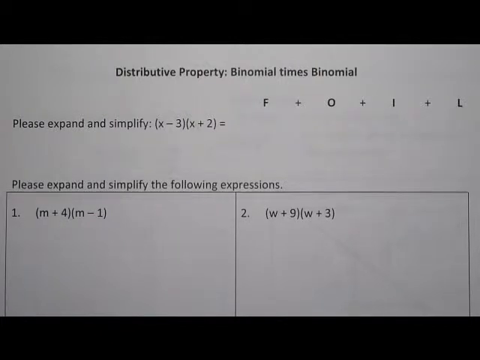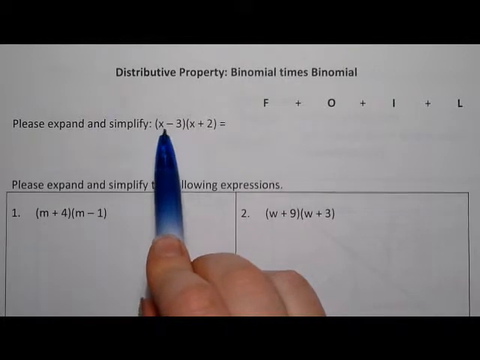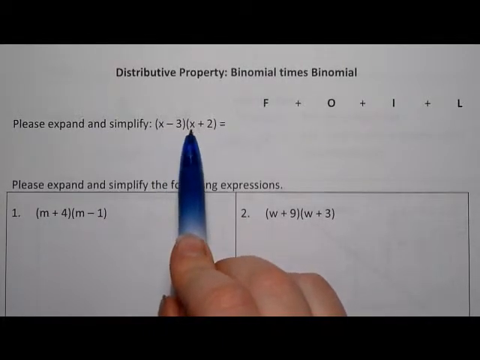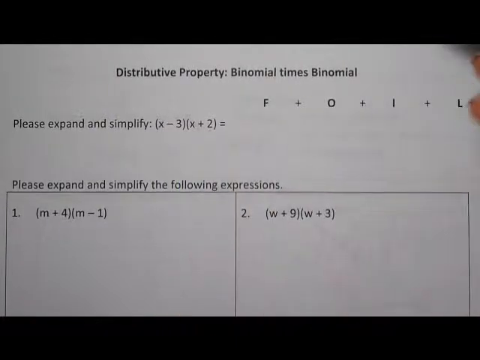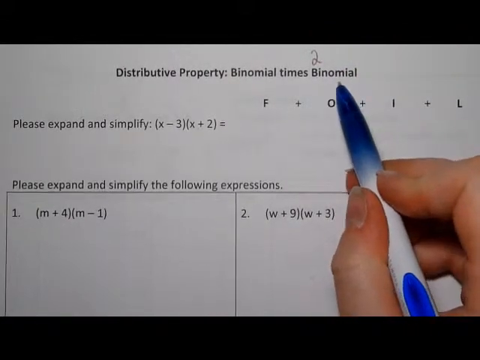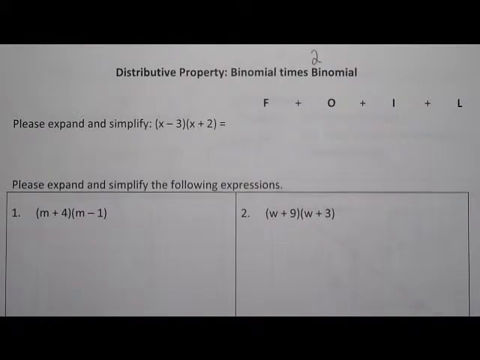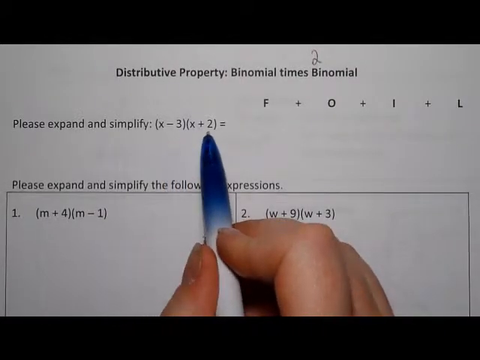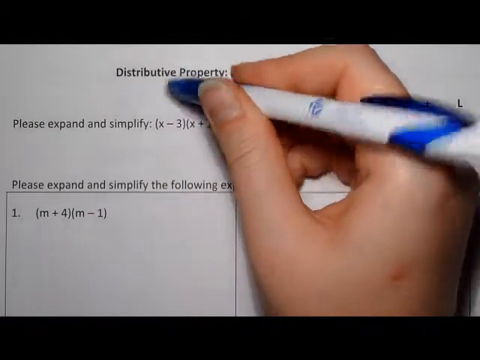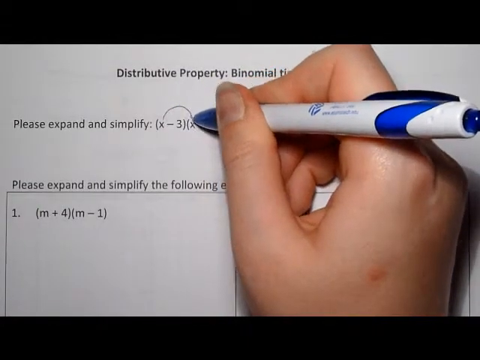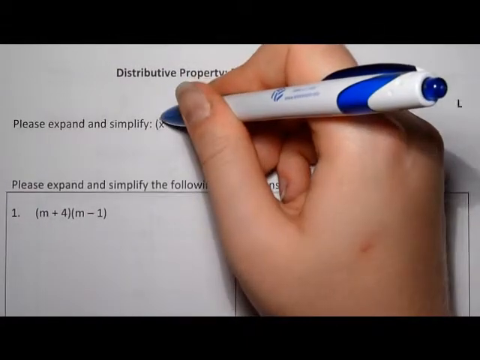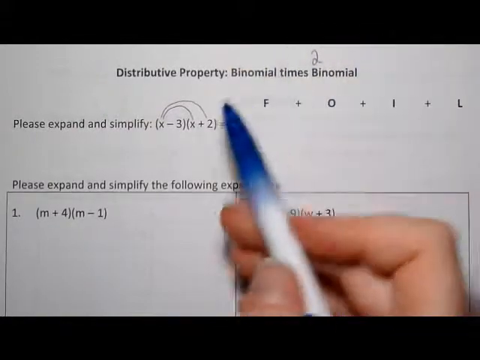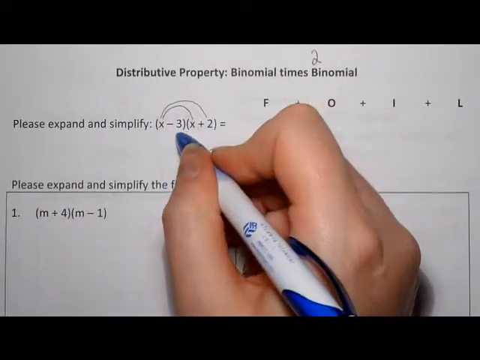The distributive property is used to multiply polynomials. In this example, we are doing a binomial times a binomial. Bi stands for 2, so a binomial has 2 terms. Now, in this example, to keep track, we know that the x has to be multiplied by the first term and the second term. We must distribute each term